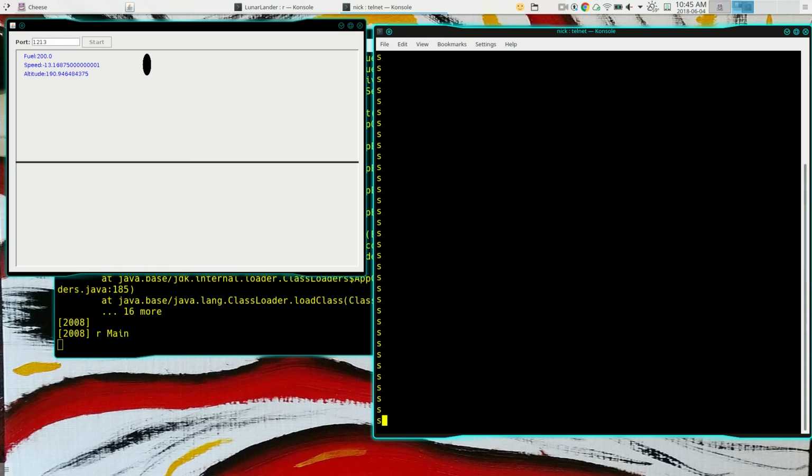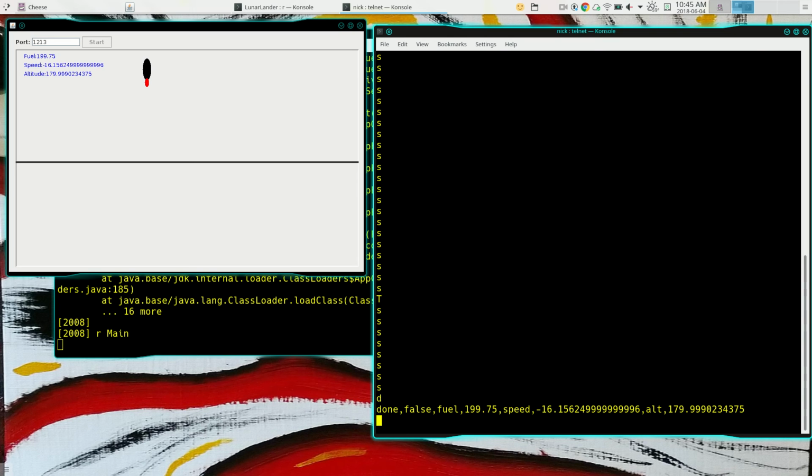So it's actually coming down now, and the speed's increasing. It's a small time step. And now you think the speed's too high, so you want to turn on the thrust. You can send a thrust command, and you get the little thrust symbol coming out there, and you can start stepping the simulation further. And if you want to know what's going on, you can say dump, and it will